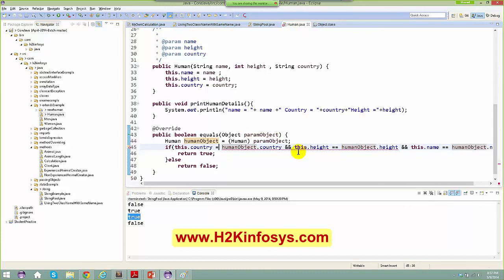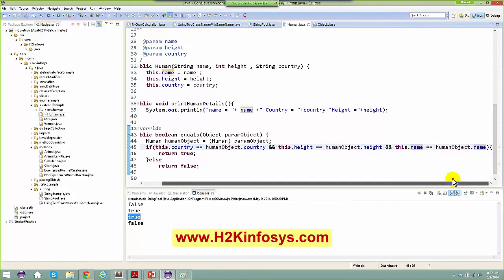So this equals this, and this height equals this, and this dot name equals so and so. That means everything is fine if all,